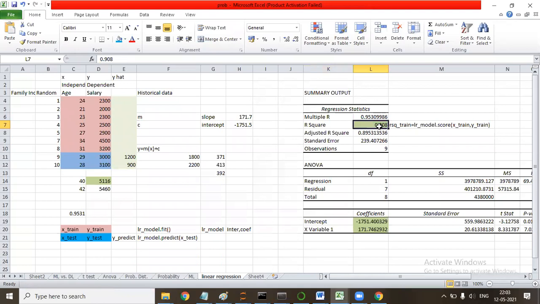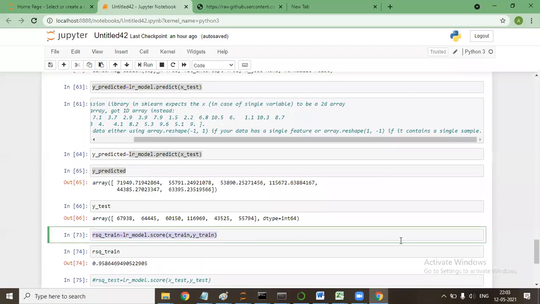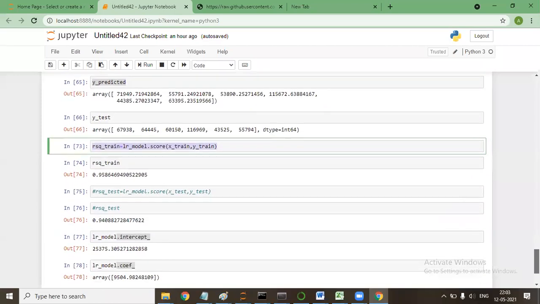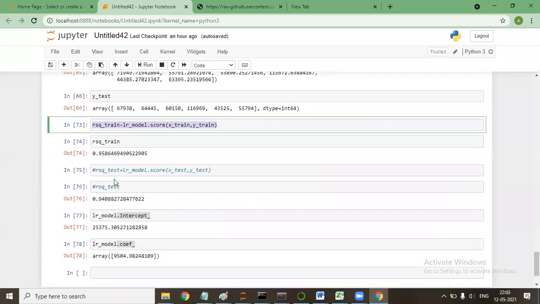Everybody? Yes, sir. Now we got this intercept and this R square with this command. We got this model, we got the prediction. So this is the thing that we have done till now. I have not done anything extra. Whatever I have been trying to do extra, I have made it a comment. Don't worry about it. I will explain it later.